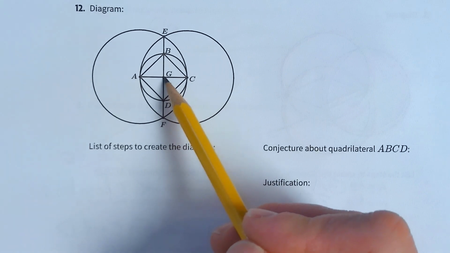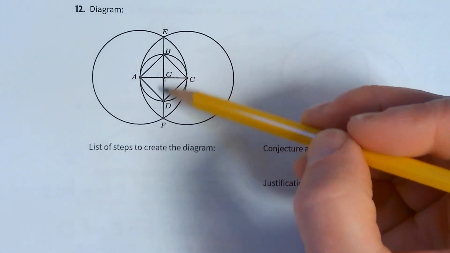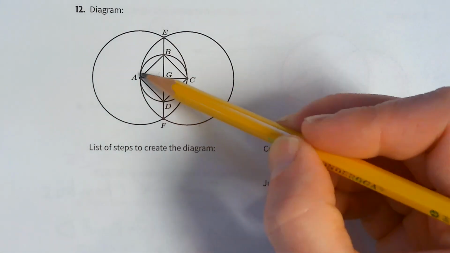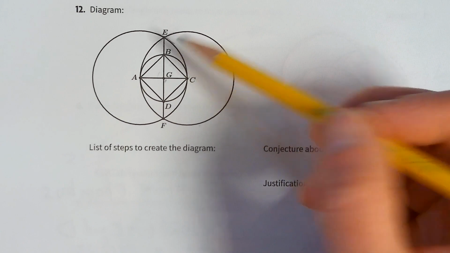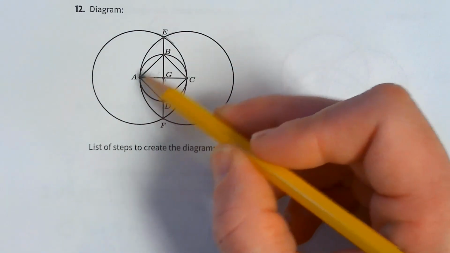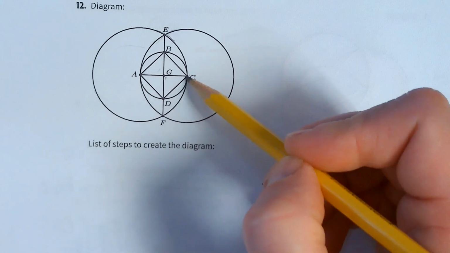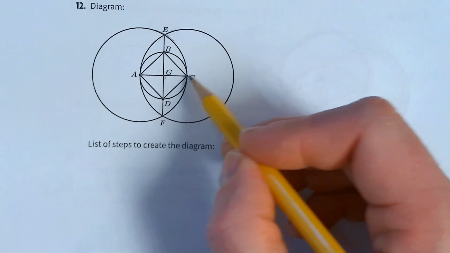You can't have point G located until you have lines AC and EF. You can't have E and F until you have circle A and C, because they're where those two circles cross. Well, you can't find some place where two things cross if those things don't exist yet. So circle A and circle C have to be there,